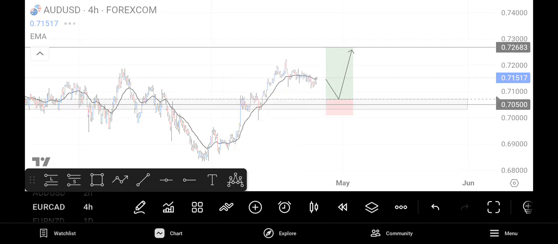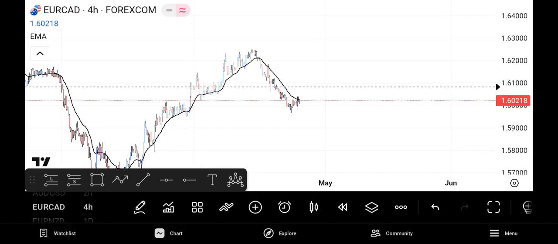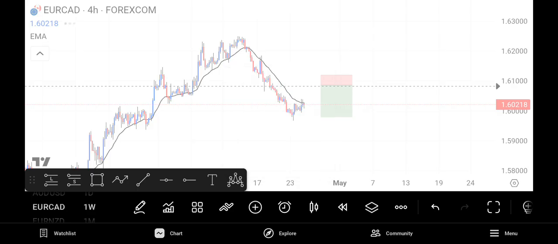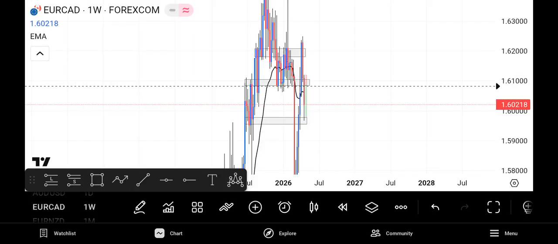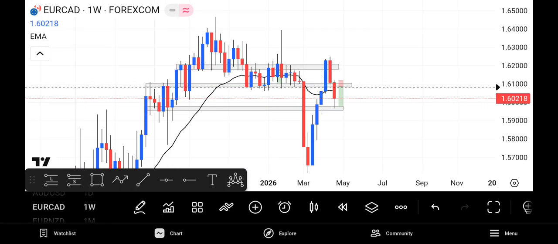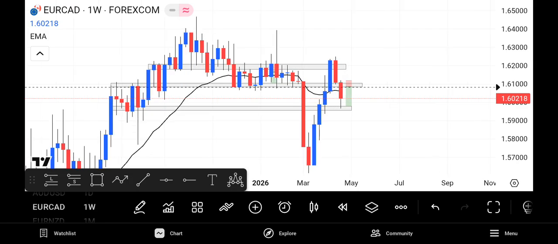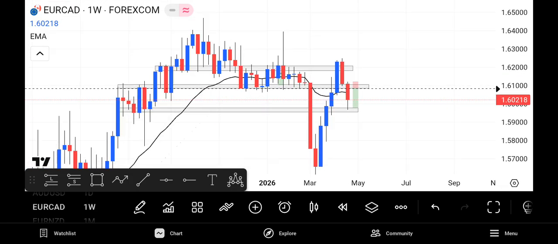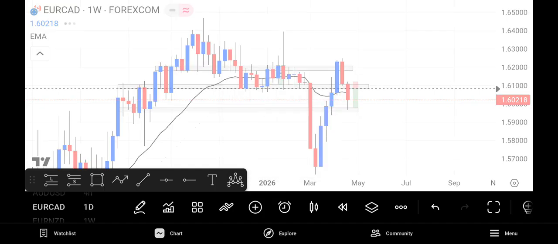And my next pair will be Euro CAD. Euro CAD is looking very nice. If you look at the weekly time frame of Euro CAD, you can see Euro CAD is bullish. Euro CAD weekly is bullish. On the daily time frame, Euro CAD